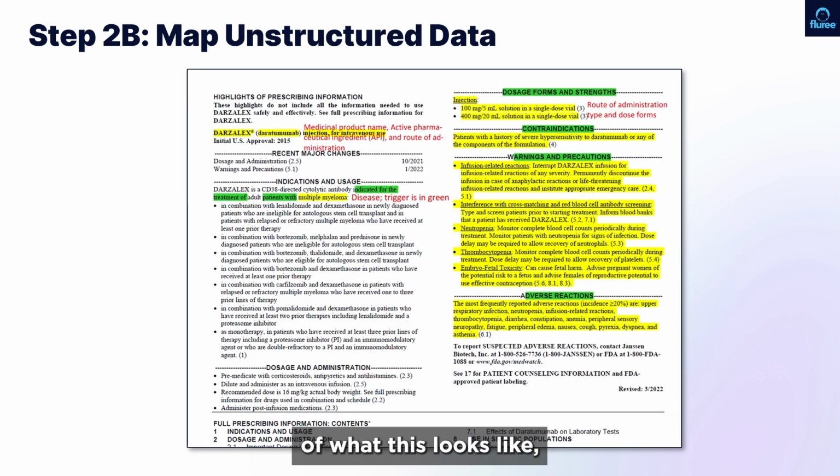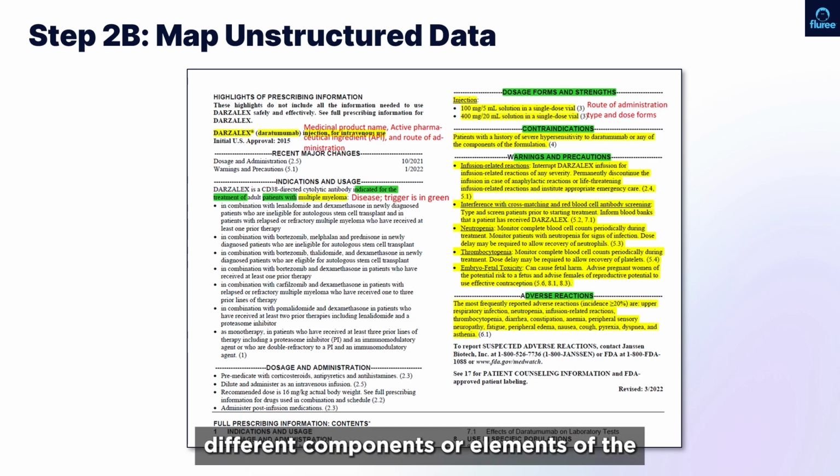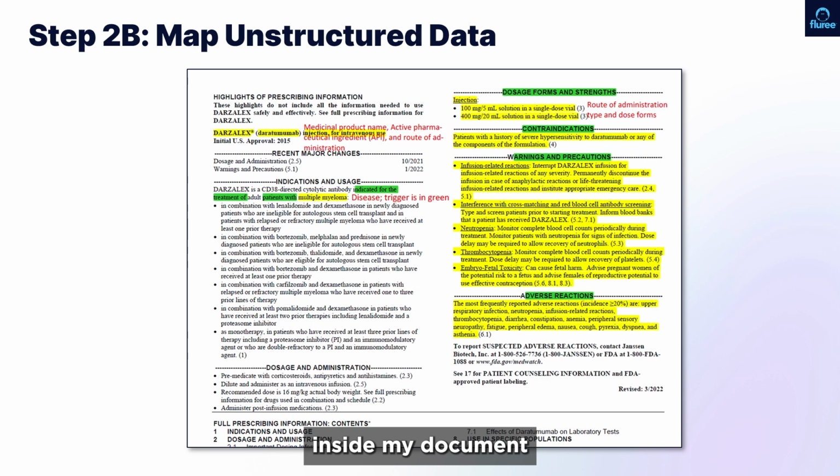Just to give an example of what this looks like, we have here a document, and within this document, what we can do is have the machine start color coding and tagging different components or elements of the document, different tokens, and then try to associate these terms inside my document to the instances of terms that were described in my ontologies. And ultimately, the goal is to be able to say, I can connect multiple IRIs to this document. And when I do this, I've now inherited a lot of really rich information into this document.